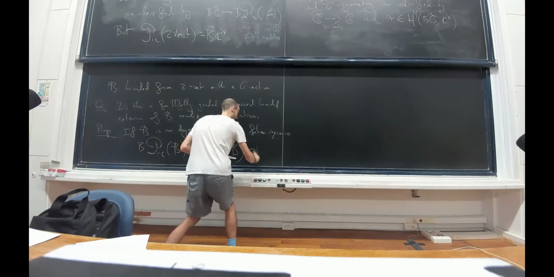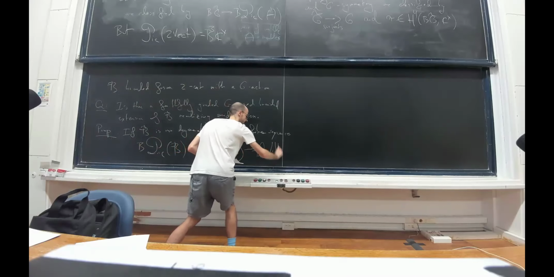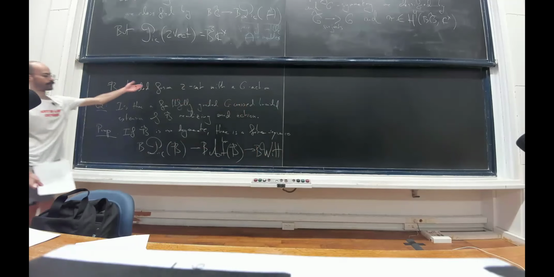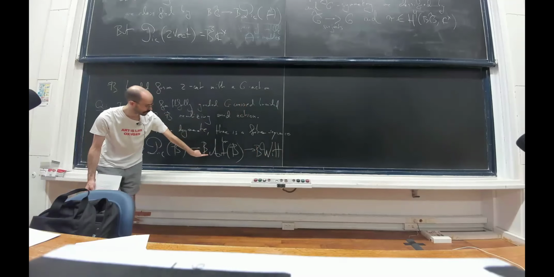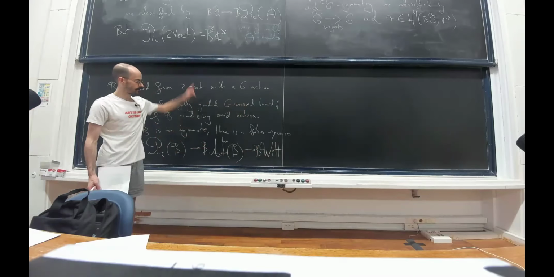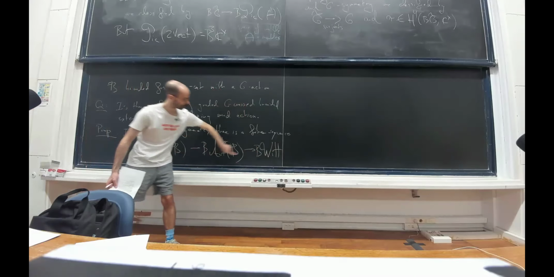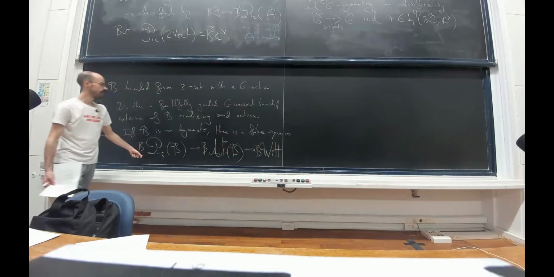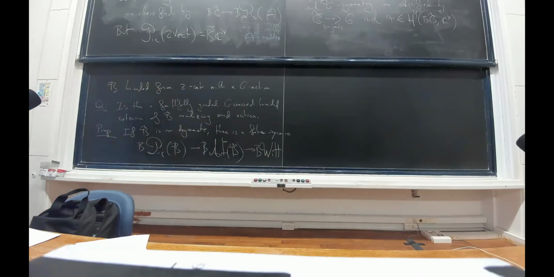And then the interesting bit is that here on the left, we have this width spectrum showing up. And somehow, if you have an action, that means that you have a map to this space. And the anomaly is going to be the composite of this map, right? Because if this composite is trivializable, then you can lift here, which means that you can realize the action. The punchline of my talk was supposed to be that you can actually do this in the genuine equivariant setting and more. Thank you very much.